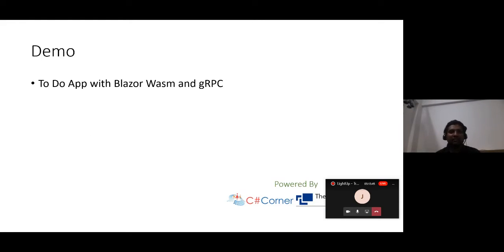Next, we have one demo. I have a ready-made demo with me, which is the integration of WebAssembly and a gRPC service. Basically, there is one limitation with the gRPC service: we cannot call our gRPC service from the browser, like the message I showed you in the service definition. In order to avoid that, there is another form of gRPC that we call gRPC web.